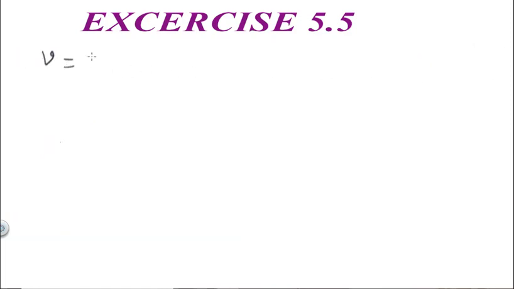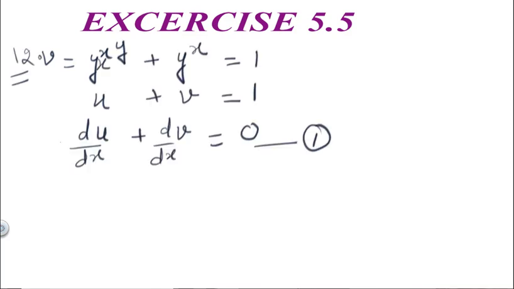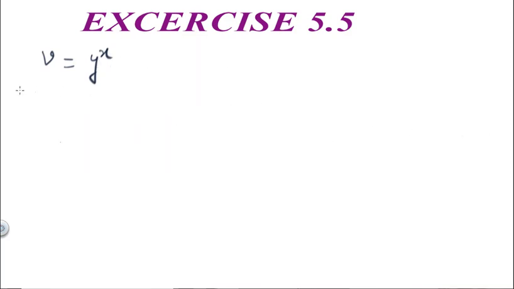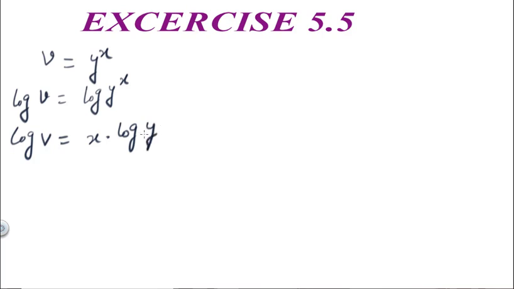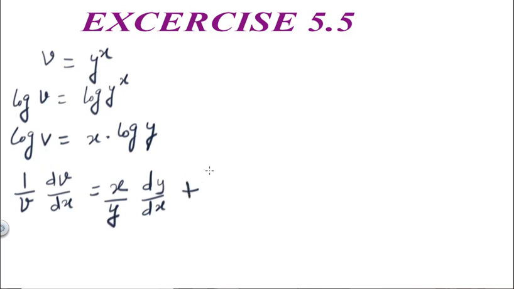Similarly, we will solve our dv by dx. So v is what? y to the power x, as I can show you here. See, v is y to the power x. So again, taking log on both sides, you will get log v equal to log of y to the power x, which will be actually log v equal to x into log of y. Correct? Now differentiating both sides with respect to x, 1 by v dv by dx equals, again applying the product rule here, x as it is, differentiation of log y is 1 upon y, and of y it will be dy by dx, plus now log y as it is and differentiation of x is 1.